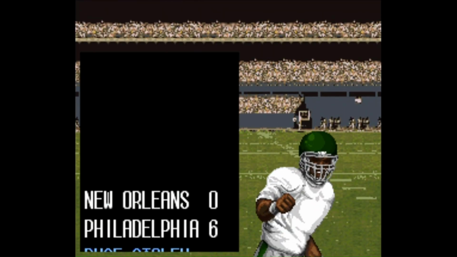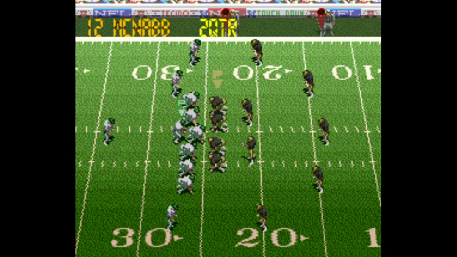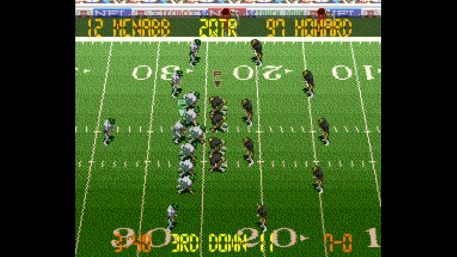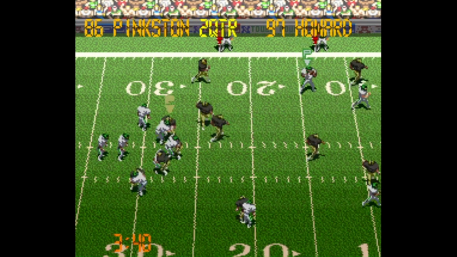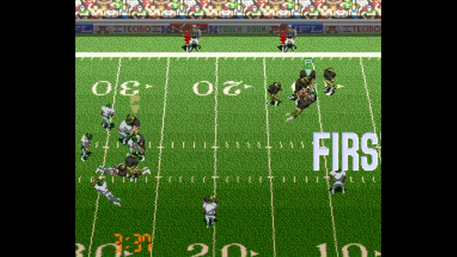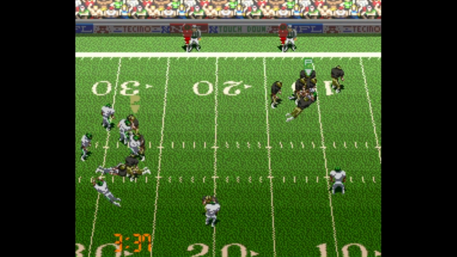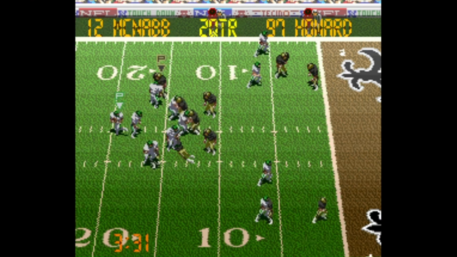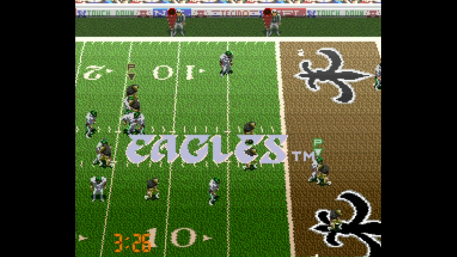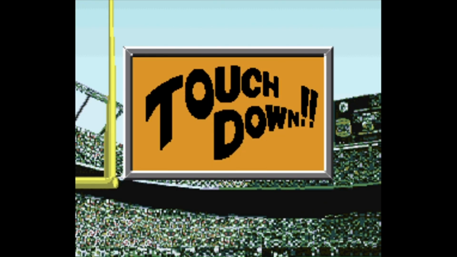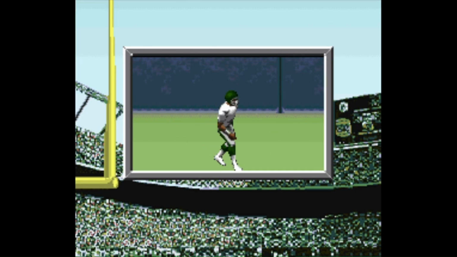They force an immediate 3-and-out of the Saints offense, and they get the ball back. They've moved it to the 25. It's 3rd and 11. McNabb throws it to Todd Pinkston, goes up, makes a great catch to keep the drive alive. On the very next play, this pass goes to Chad Lewis in the end zone. Touchdown Philadelphia. They've jumped out now to a 14-0 lead.